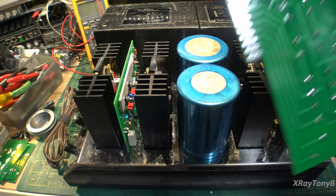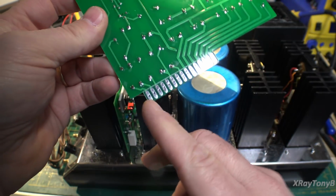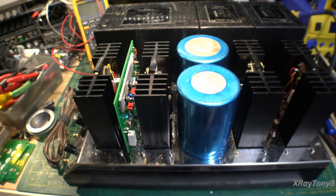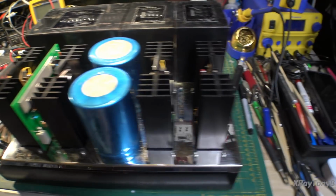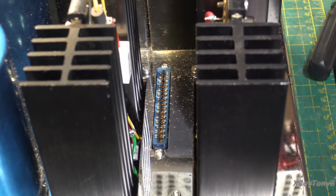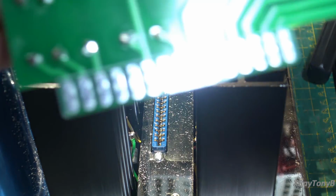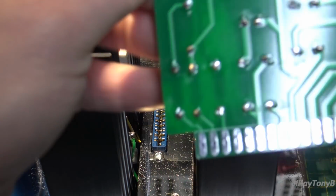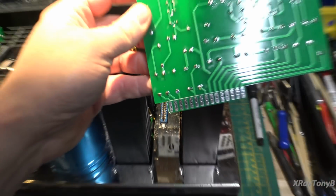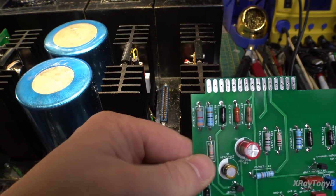The other thing I did on this one was the other board, the original board, only has terminals on one side. And these little sockets, the way they're shaped, I don't know if you can see that, they're kind of shaped like this. So the board plugs in between, so you actually have contact all the way around. So what I did was, let me back up, I actually plated both sides of these with terminals and then